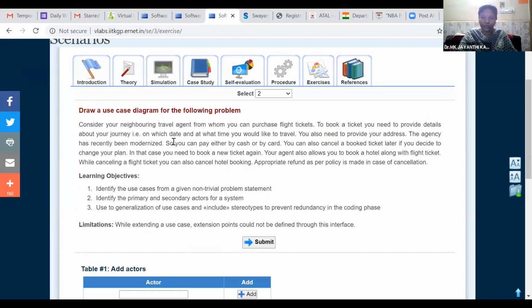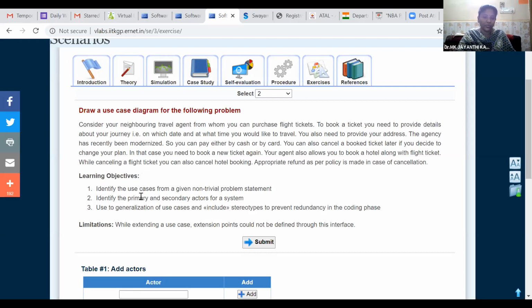You also need to provide your address. The agency has recently been modernized, so you can pay either by cash or by card. You can also cancel the booked ticket later. If you decide to change your plan, you need to book a new ticket again. So they give you the scenario of an airline reservation system or flight booking system.